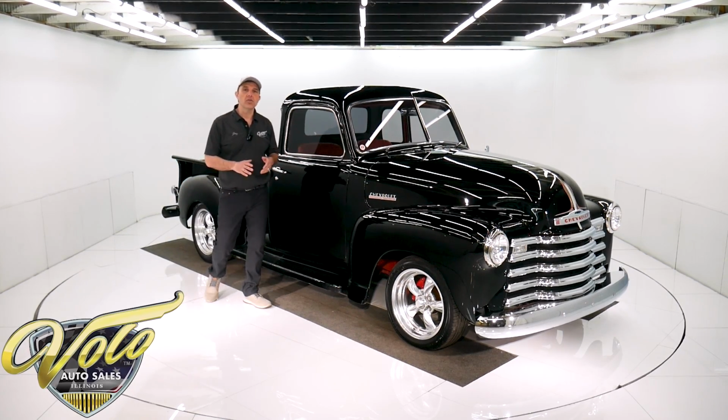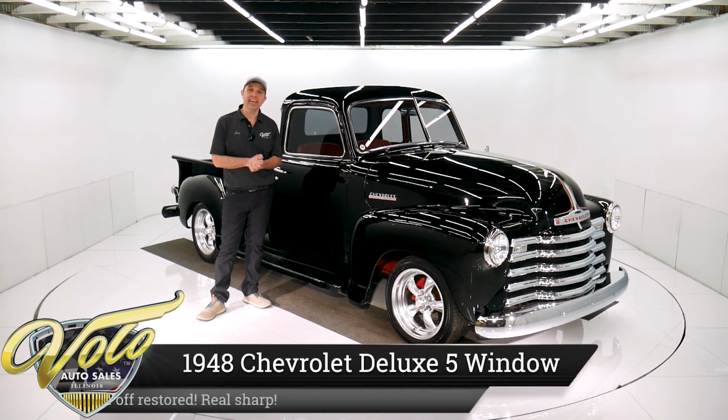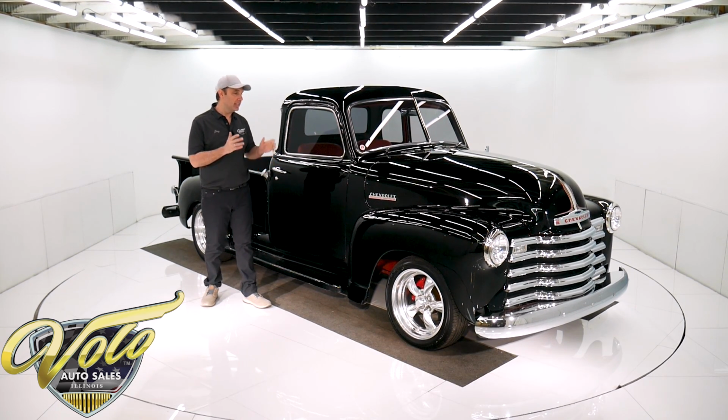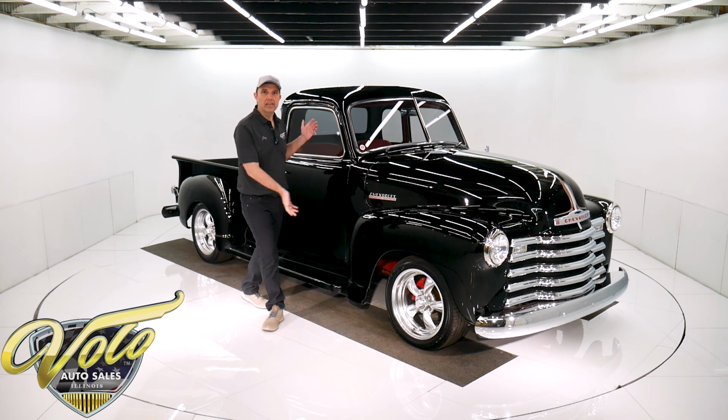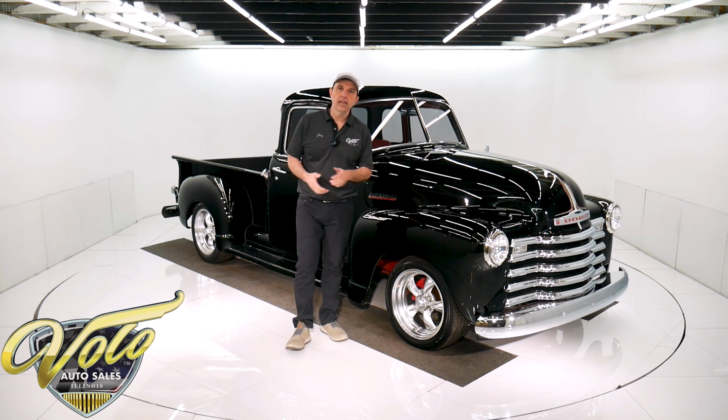We just acquired 4 vehicles from a collector down in Texas. He has about 80 or 90 cars in his collection. They do like to do it big down in Texas. But this is one of them. It's a 1948 Chevy 3100 series Deluxe. It's got the corner windows here, and it's all updated with all the modern running gear and all the goodies,